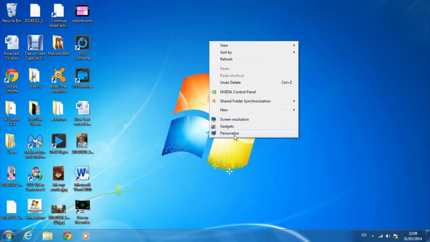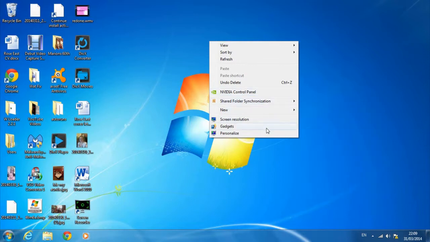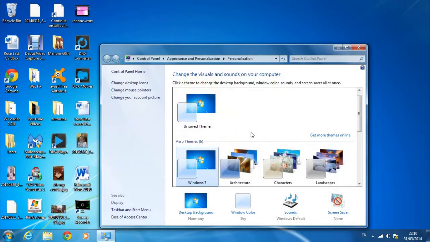New is where you can create new folders and shortcuts. We'll also be doing that later on. Underneath that we have screen resolution. You can set your screen to a certain resolution. Then we have gadgets and personalize. Now we'll go into personalize,